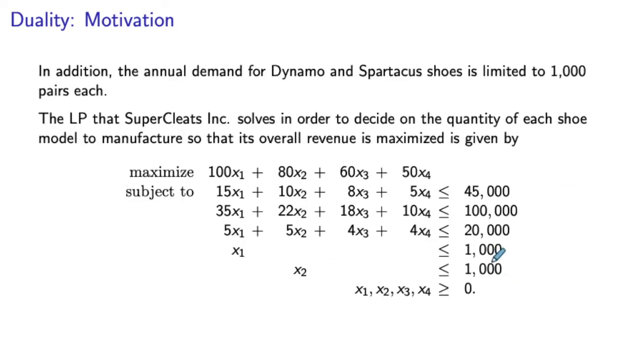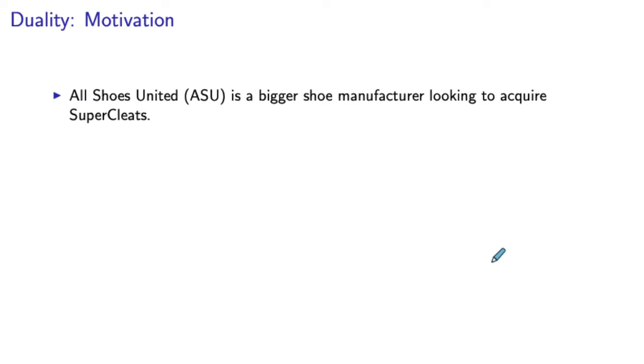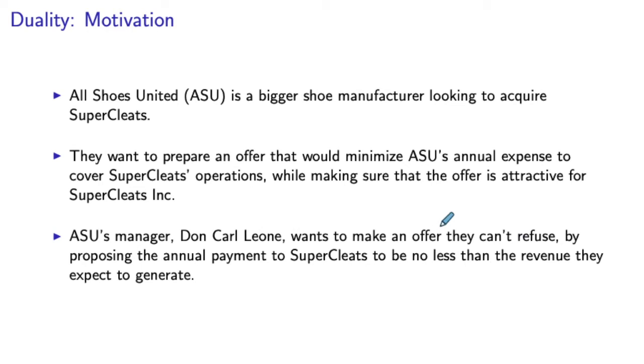a bigger manufacturer that wants to acquire this smaller manufacturer by paying a price that would be the least possible, such that this will be an offer that the smaller company cannot refuse, and the offer they can't refuse would be essentially to cover their profits while minimizing their risks because they don't have to worry about selling their product